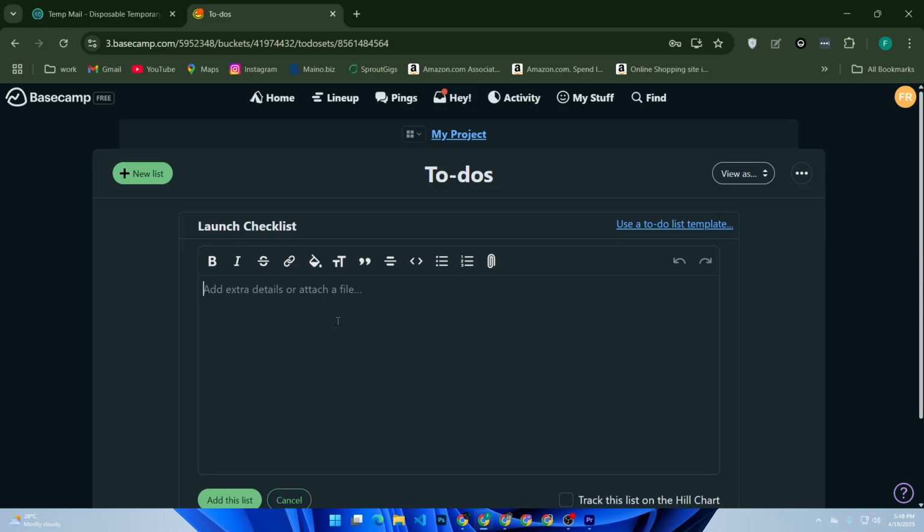Use the message board for updates that need visibility. Everyone gets notified and can comment. Campfire is for fast conversations, like Slack but simpler. And under docs and files, you can organize everything from PDFs to design mockups. Then click on my stuff